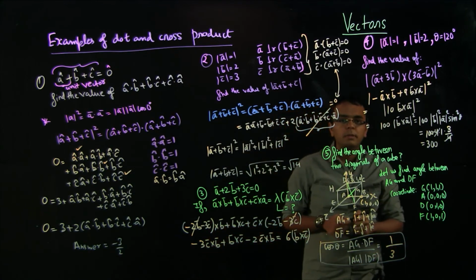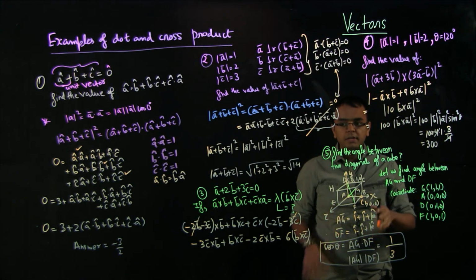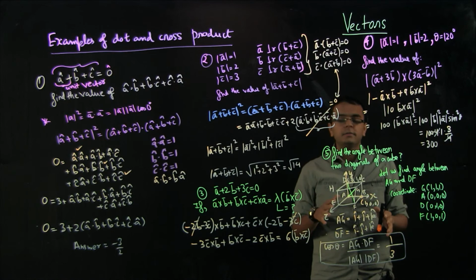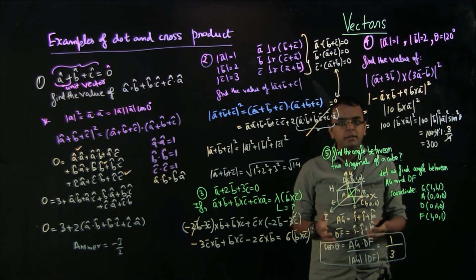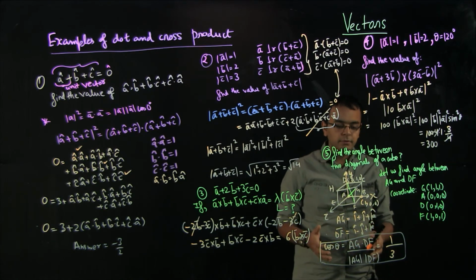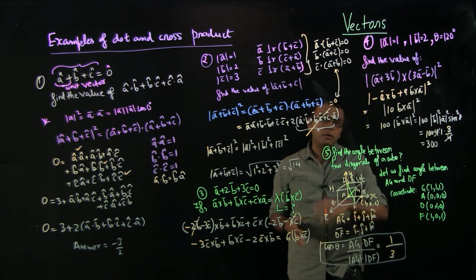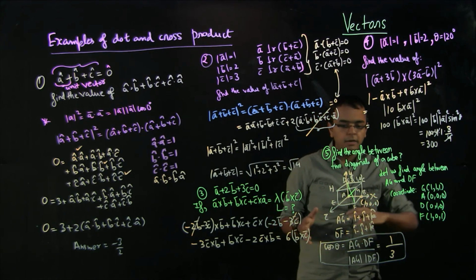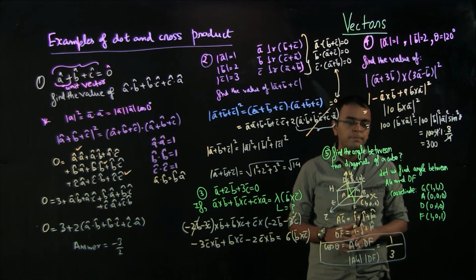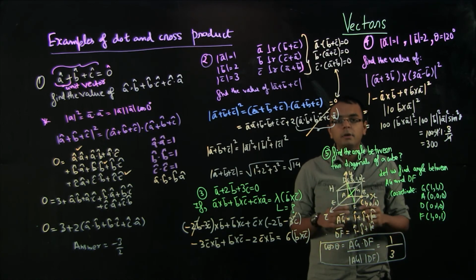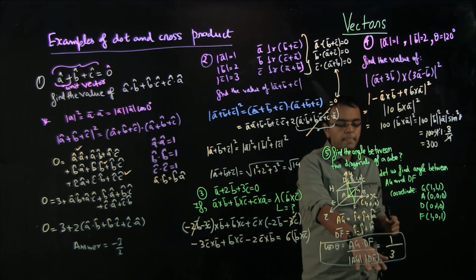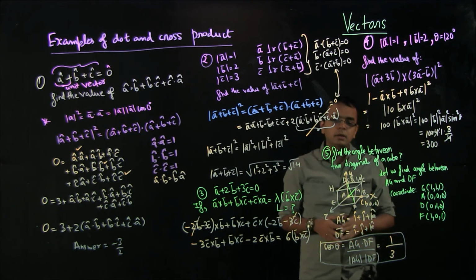Now the way this problem will come in JEE, they won't ask you directly for cos theta. They will probably ask what is the range of the angle. Cos theta is 0.33, so it is less than 0.5, and they will probably ask what range of angles it falls in, maybe as a multiple choice question. But the idea behind the problem is that you can find vectors and then take the dot product to get the angle.